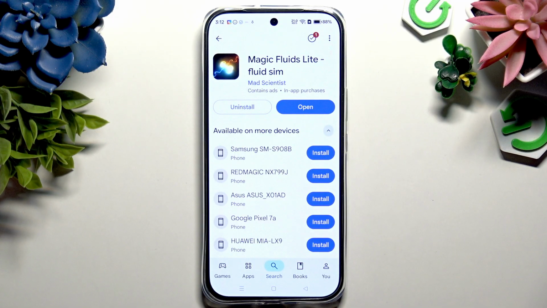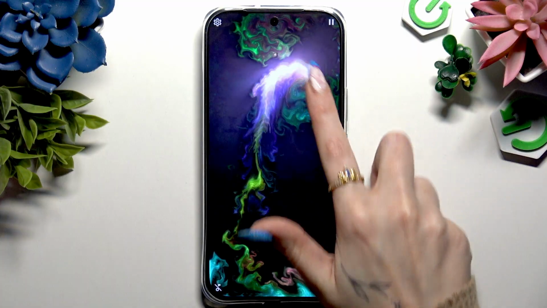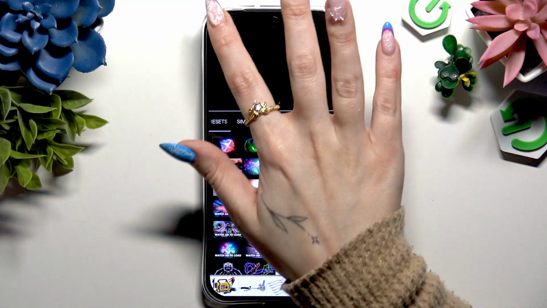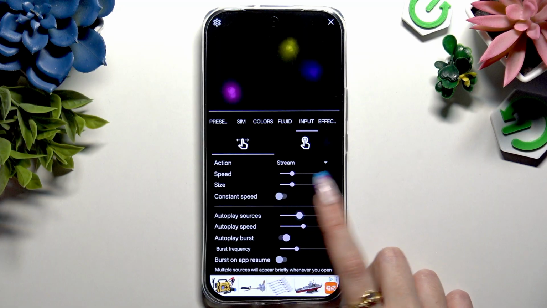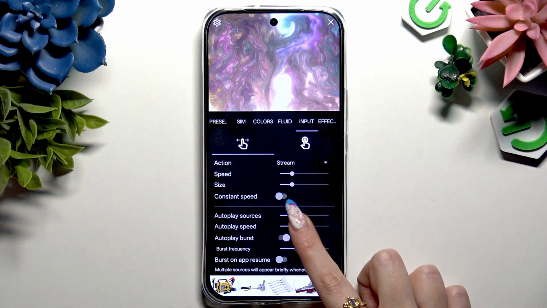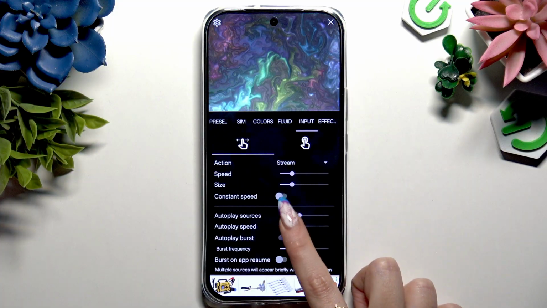When your app is ready, launch it, and to mute the music, click at the bottom left corner. Then choose Consent. And to manage your wallpaper however you want to, click on this gear at the top left corner. Then check out all of those options, adjust them perfectly for you, and check out Preview at the top. When you're done, click at the top right corner